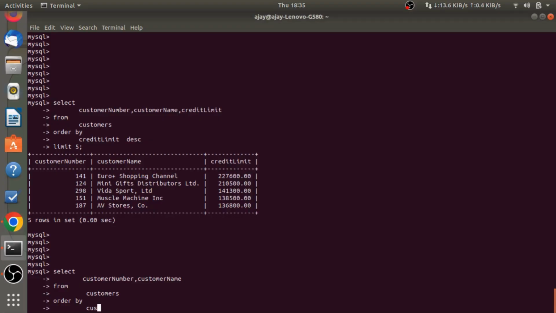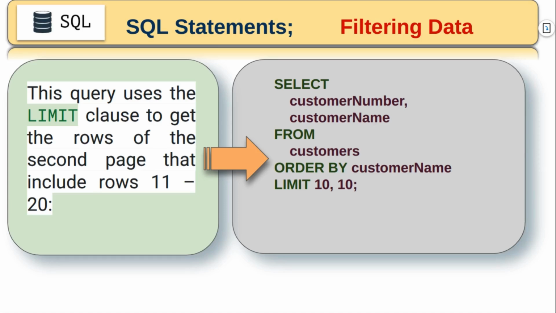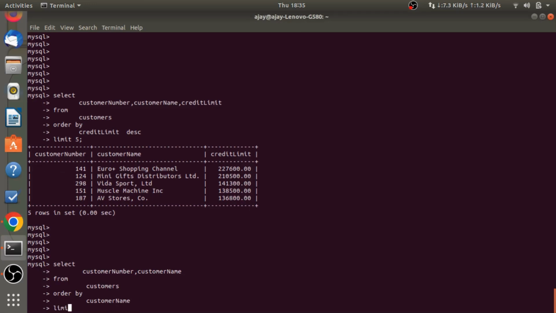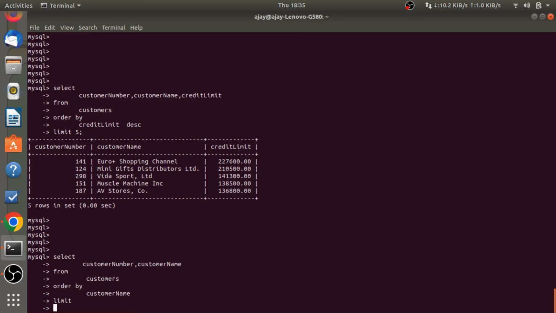Customer name, and here there is no need to write anything in front of order by customer name, ascending or descending, right? By default it is ascending, right? And here we are using the limit clause, and in front of the limit clause, from the 11th row, that means we have to write offset 10 comma